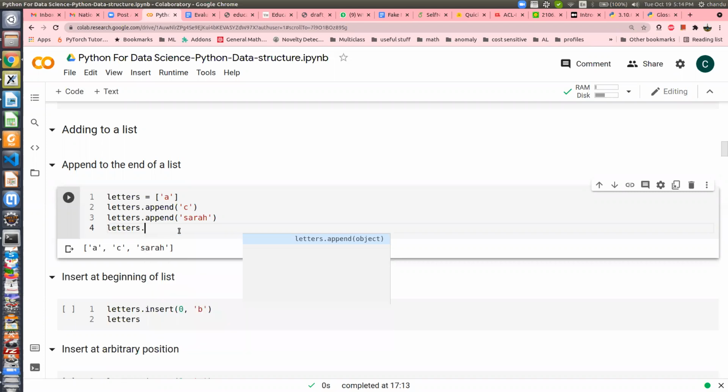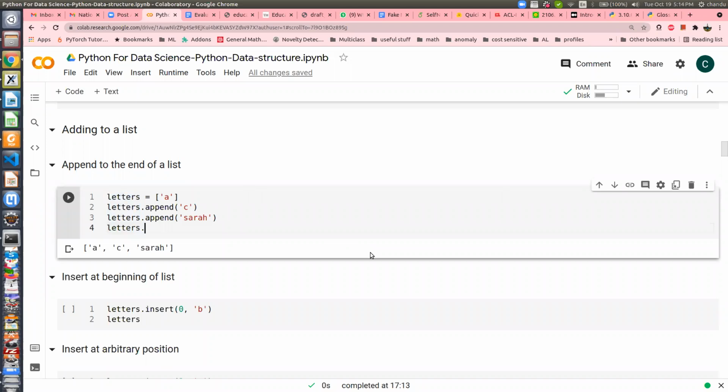Let me talk about this. Are people familiar with object-oriented programming? If you know objects, when you create a list in Python, this list is basically an object.